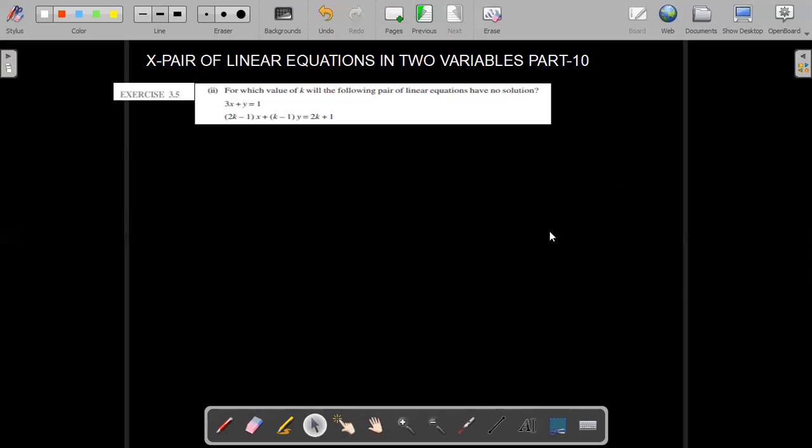Here we have to find the value of constant. In the previous question, we had two unknown quantities. Here you have only k. So we have equation number 1,